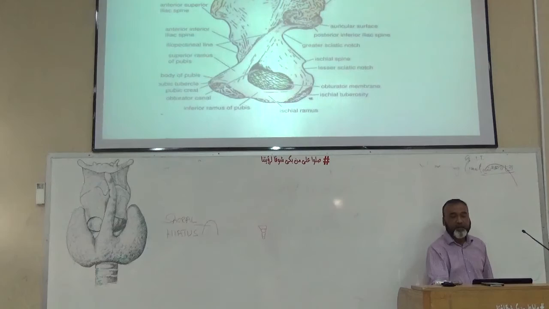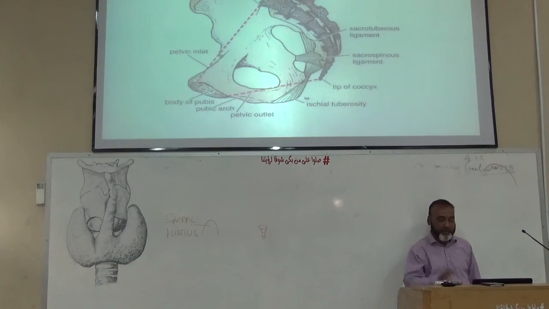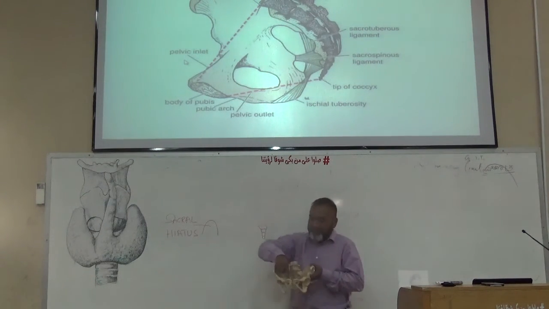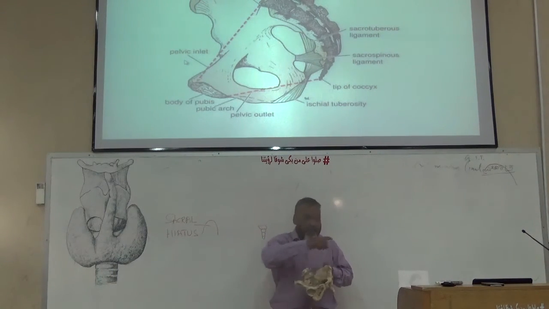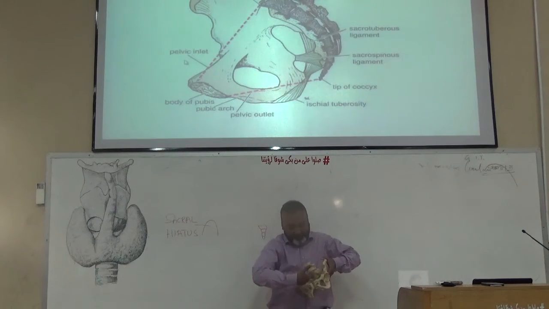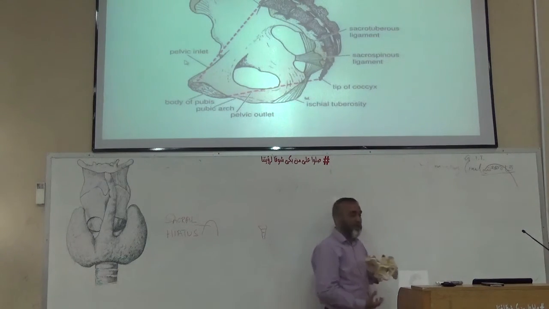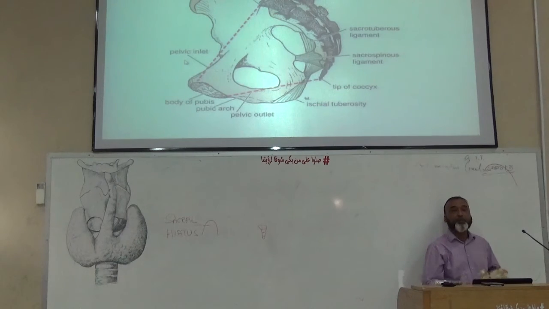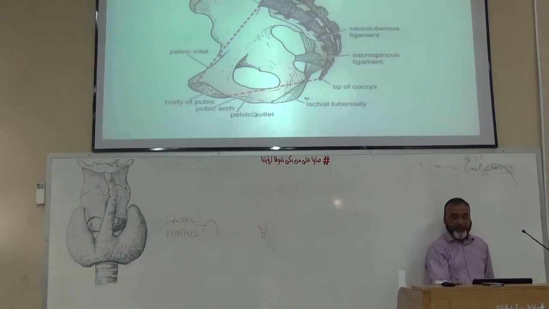These are the features of the hip bones. Now this shows the interrupted line, the upper interrupted line. This shows the pelvic inlet. Okay, and if you see the pelvic inlet, as I told you, there is this line. What is this line? The arcuate line. And this diagram shows the area from the pubic symphysis to the sacral promontory. This is the inlet, and the outlet is between the two tuberosities, or from the lower margin of the pubic symphysis to the tip of the coccyx. So this is the inlet and the outlet over here.